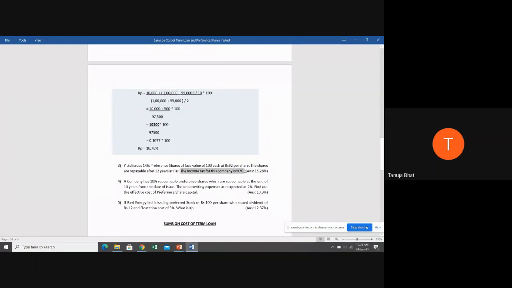Now what do we know? What do we need to do to this sentence or information? No, dear. Income tax for this company is 50%. Do we need to ignore this information or do we need to put it in the formula? You all know that there are only two formulas where T is not at all coming into the picture. So what do we need to do with this information? Ignore it.